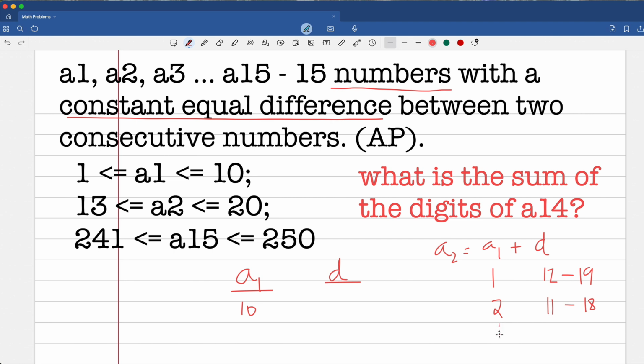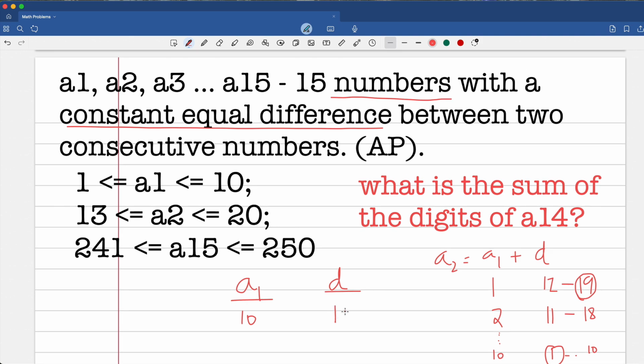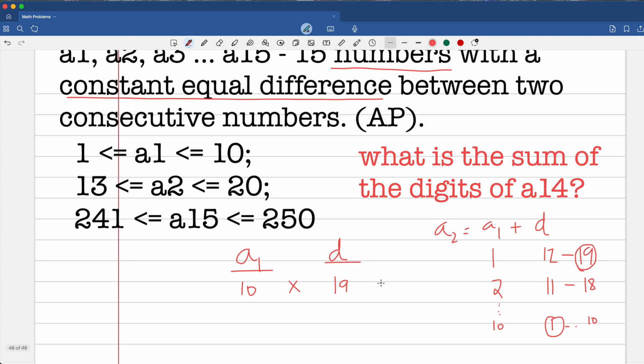And if you keep going this way and you realize that A1 at the max would be 10, in which case D could just be 1 all the way to 10. So the lowest value for D would be 1, and the highest value for D would be 19. So in total, you would end up getting 19 different possibilities here. So in other words, if you were to multiply these two, the number of possible answers is 190. So if you have 190 possible answers, possible combinations,